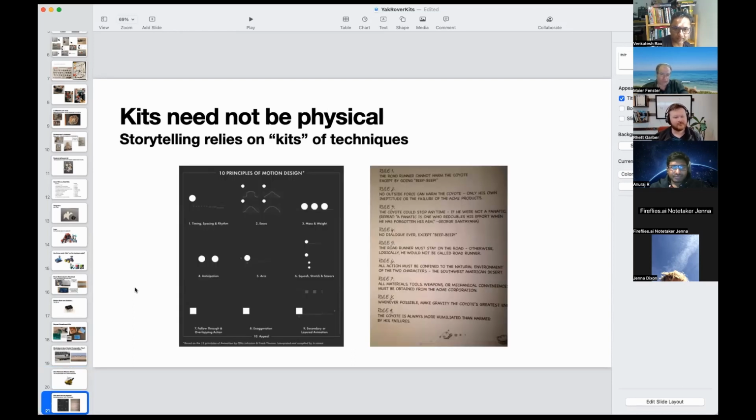Getting more virtual, looking around for things that look like kits at higher levels than hardware. And this, I think, got posted in our Astonishing Workshop storytelling channel. But yeah, animation is built out of kit-like composable movement primitives. So you have ways characters jump or move, and that's kind of like a kit-like vocabulary for designing